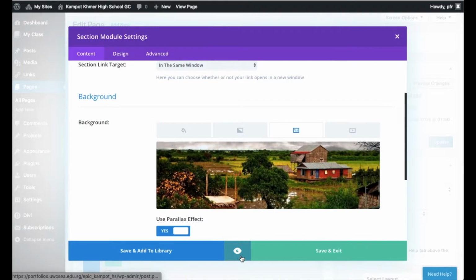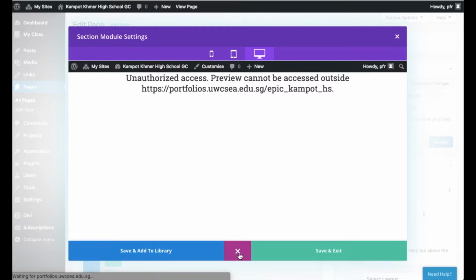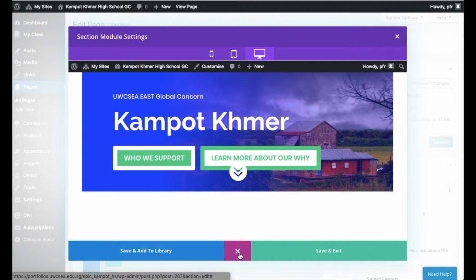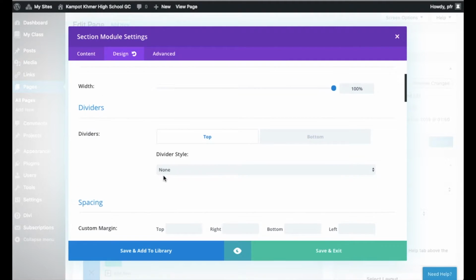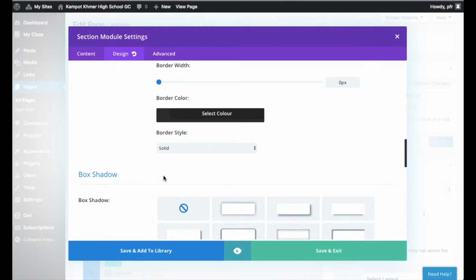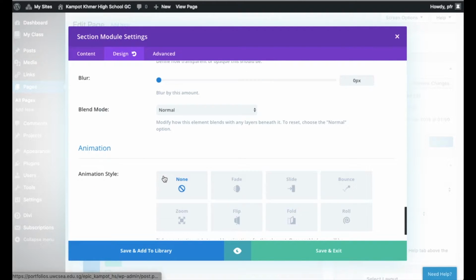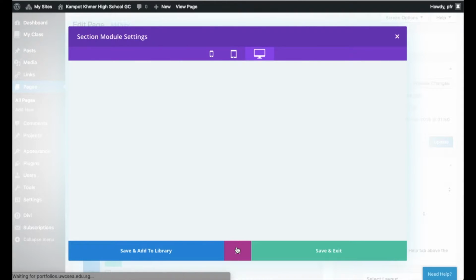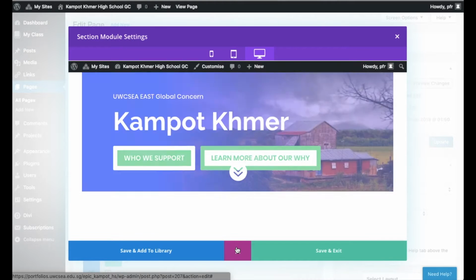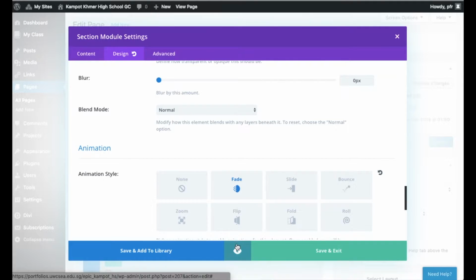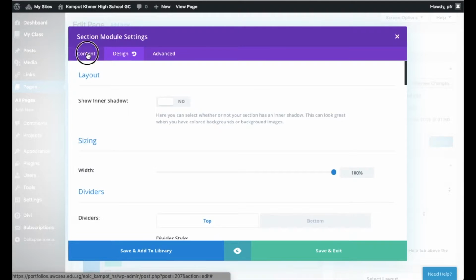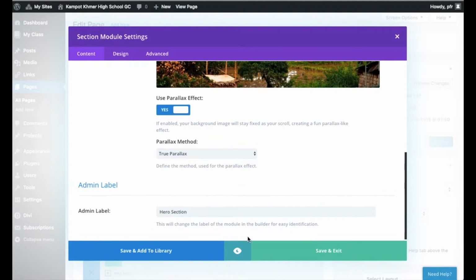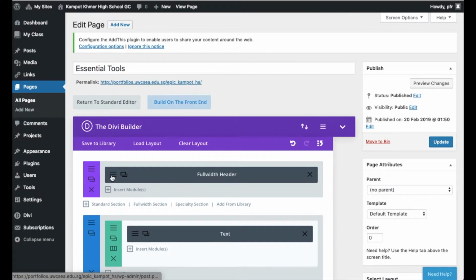So I've added that image. And now I can click the eye to see what that will look like. Okay, that's getting a little bit closer, but I like to try and match the most prominent color from the image with some of the other features. So that red house, that's a really nice, bright, bold color, and I want to try to make the rest of my design mirror that. So I'm in the Design tab here, and if I go back to Content,